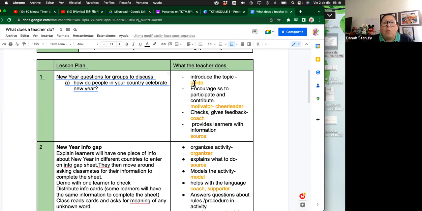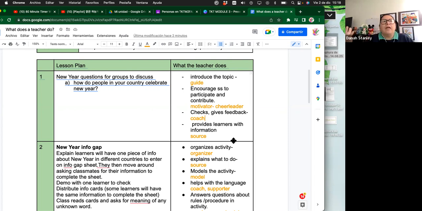Entonces, in here, what is the teacher going to do? He's going to introduce the topic by setting the question. So in here, my role is like a guide. I'm going to direct the conversation to go straight to the exact point I want them to analyze. I'm going to encourage the students to participate and contribute, because normally when we are having this kind of activities,